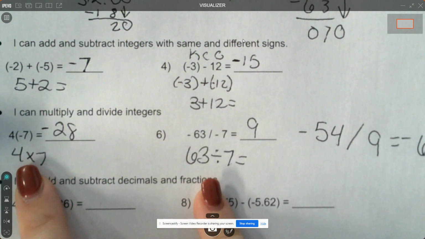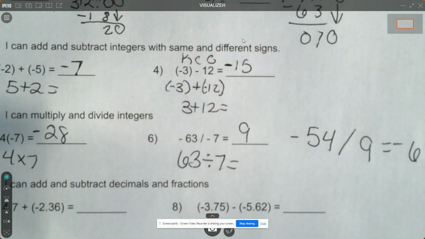Yes? How come in multiplication and division, if they're the same, they're positive, if they're different, they're negative, but in adding and subtracting it's different? I know a lot of math answers, but that one I don't know because I was just taught the rules like you are. They came up with the rules a whole long time ago. And so my best guess is, in adding and subtracting,